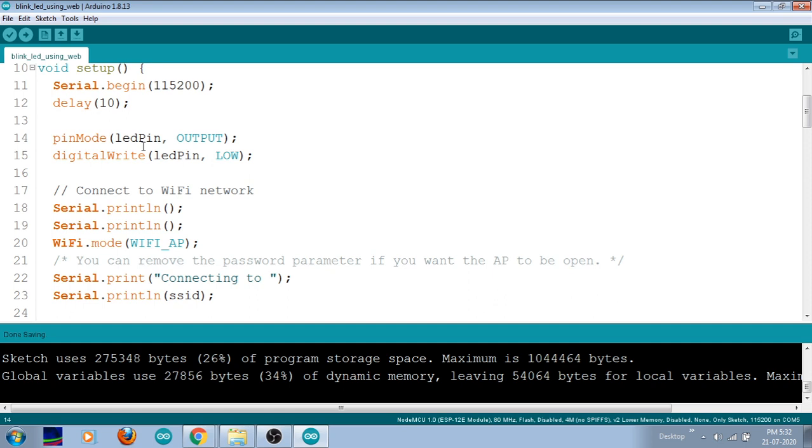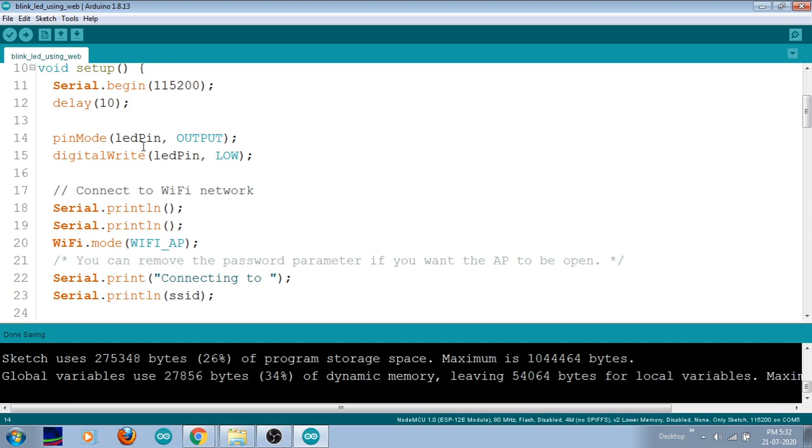Here I have mentioned some SSID, right? So it is going to connect to that SSID. Why is it needed? Because sometimes I may change my SSID to something else, right? But after writing this particular code into my Node MCU, I don't know to which particular SSID it is going to connect, or to which particular hotspot it is going to connect.